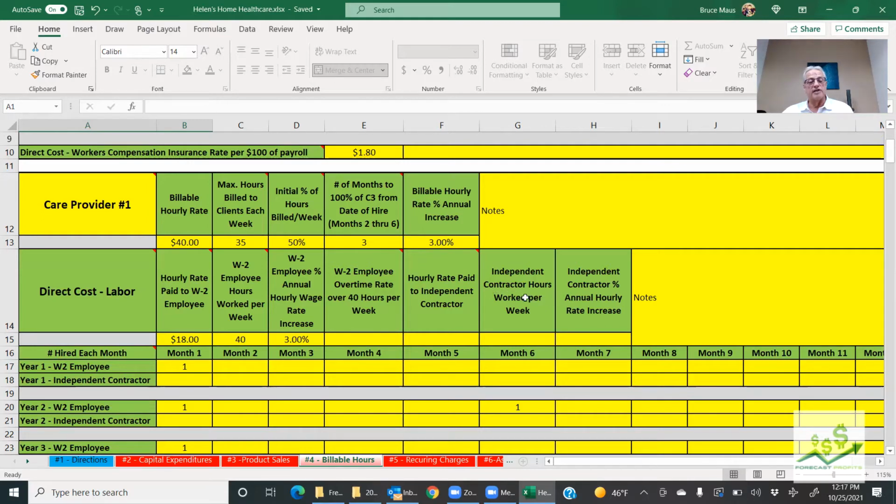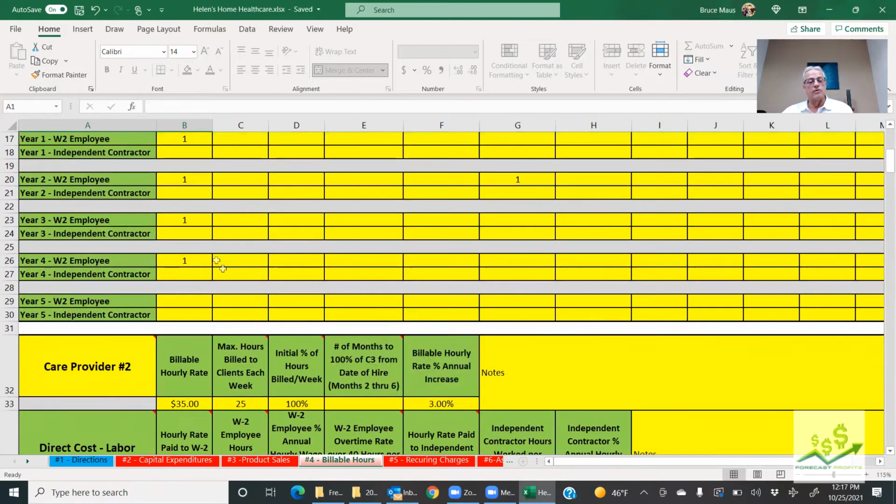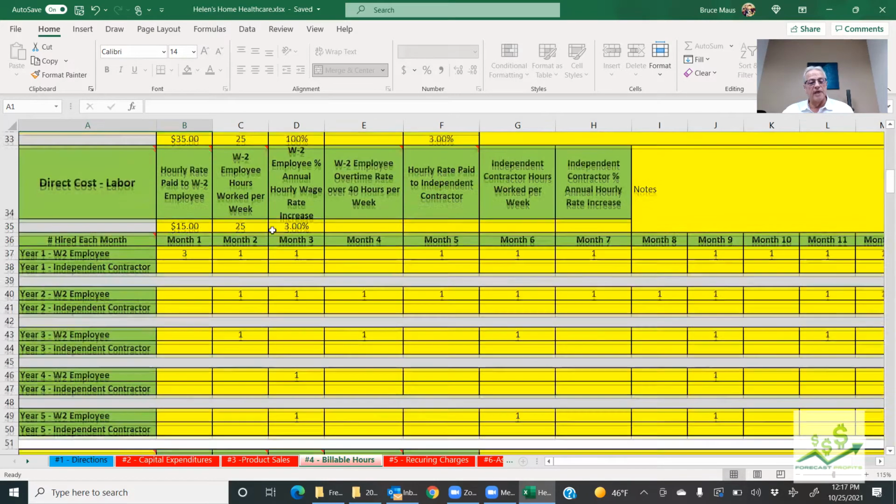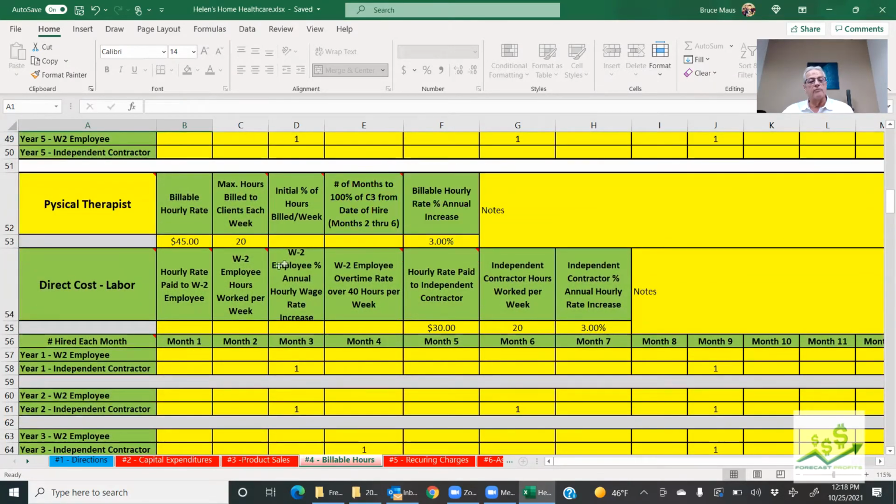The direct labor cost for that employee is paying that employee $18 an hour over 40 hours a week with a 3% annual increase. 5 rows of numbers follow. This allows you to enter when an employee is hired monthly over the period of the next 5 years. Not all of Helen's employees will be